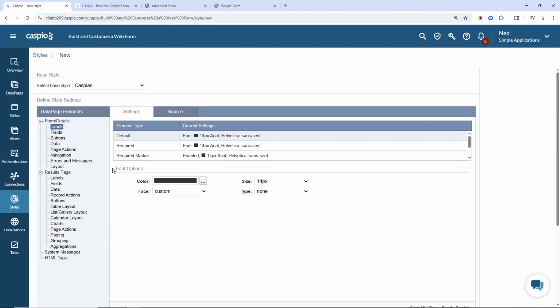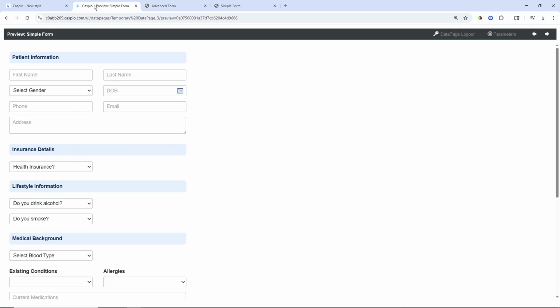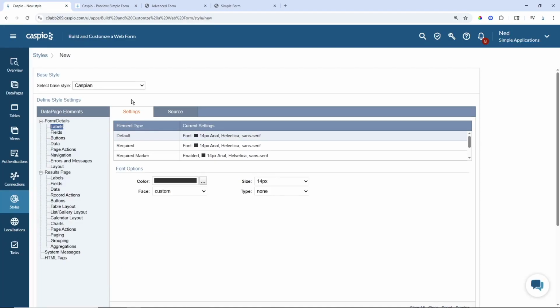And if you do that right now, nothing is going to change. However, you can see that in my advanced form, all of my labels inside the placeholder and dropdown look the same. So what you can do here, if you look at the form that you created, if you prefer having this lighter gray color that's inside a placeholder to be applied to your dropdown text as well, what you're going to do is go to errors and messages, find the placeholder text, and